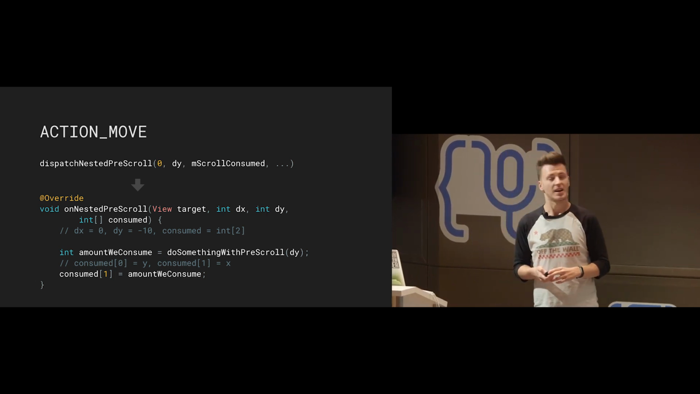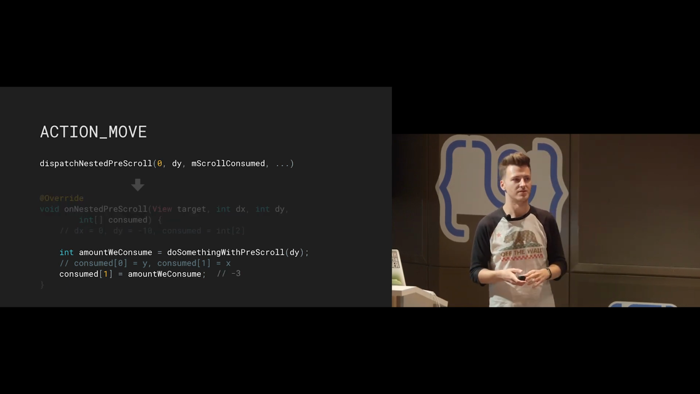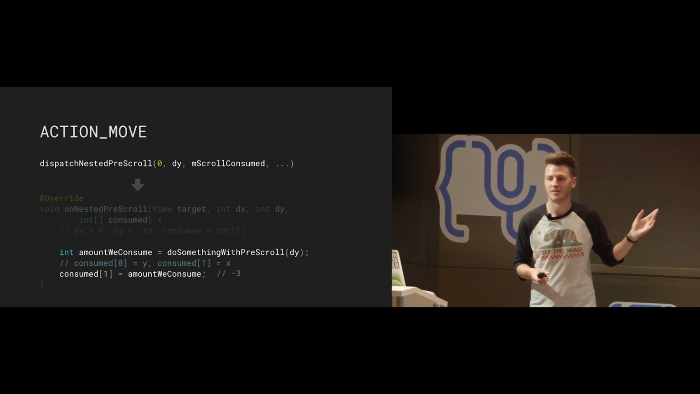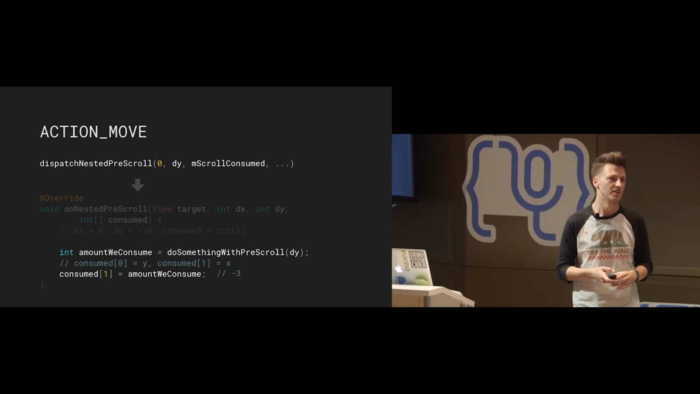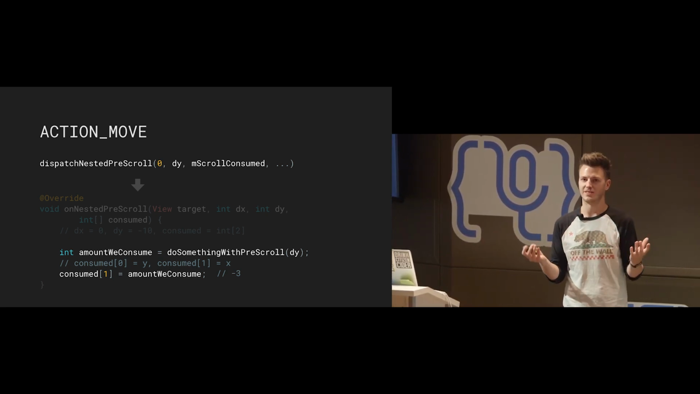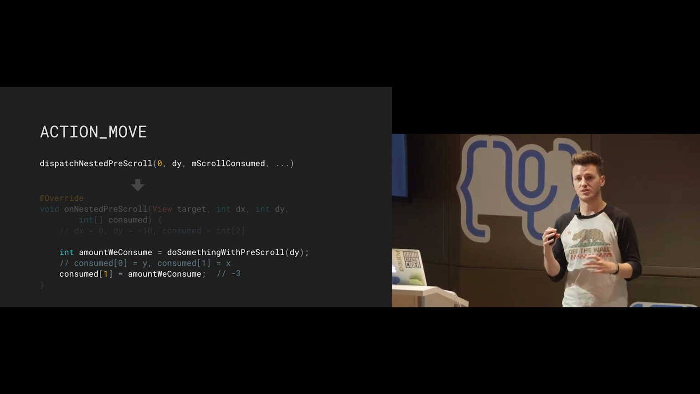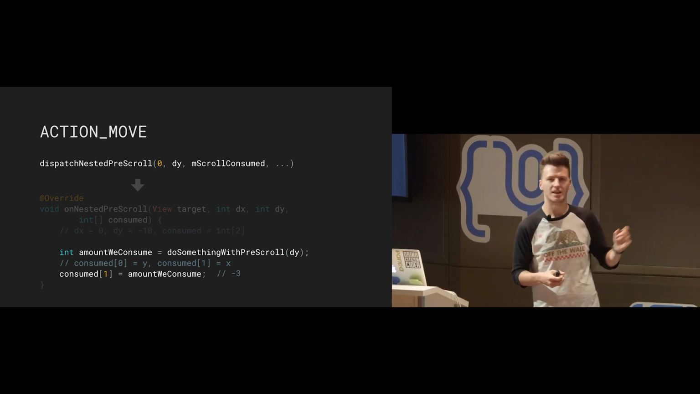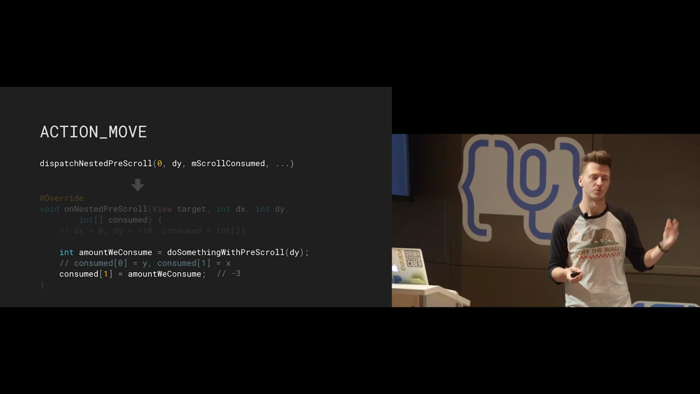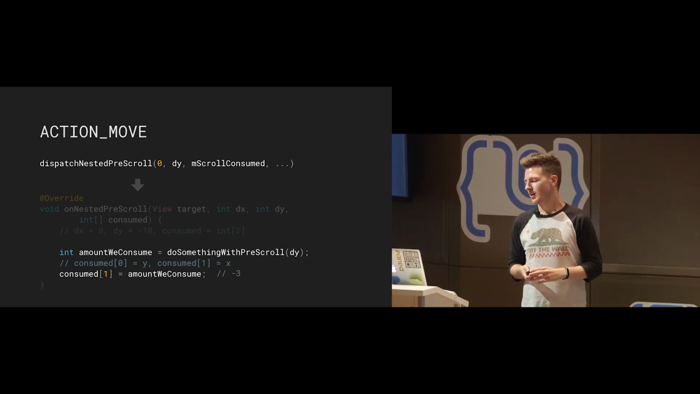And from that point, we can actually start consuming stuff. In this instance, we've got some very wishy-washy kind of methods here. But we've got a variable called amountWeConsume, and then we're going to do something with that prescroll, whatever it is. The app bar layout just moves itself, but you could do whatever you want, really. The only thing you need to do is that whatever you actually want to consume out of that dy, in this case minus 10, you need to write that into the int array. So here we just want to consume 3 pixels, just as an example. So once we've done that,